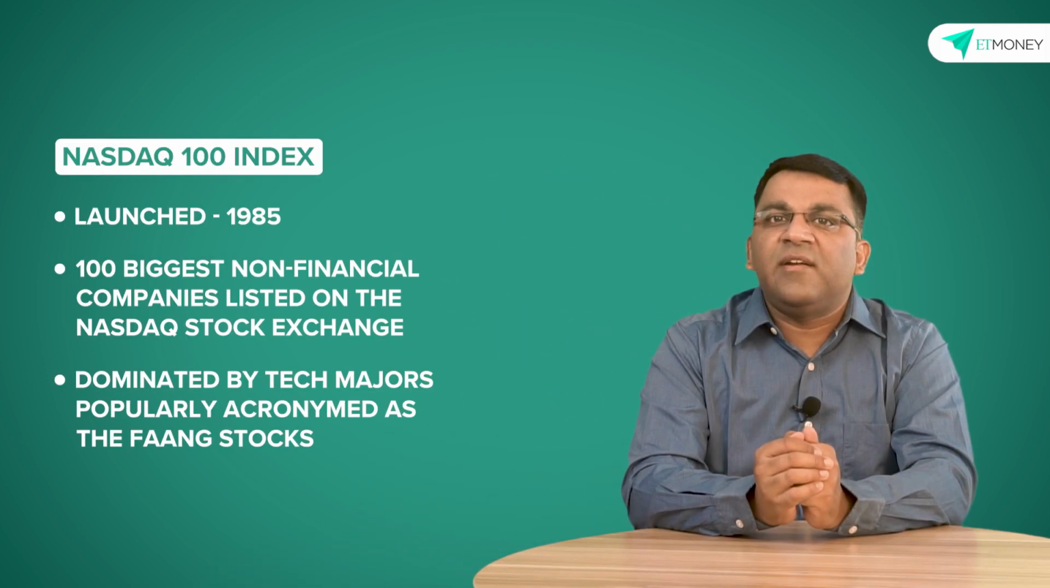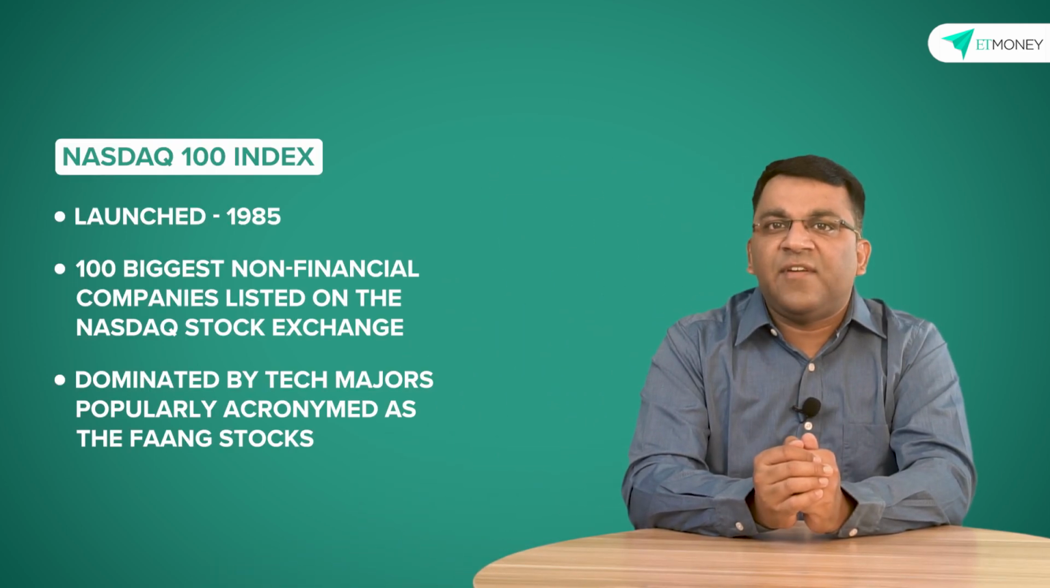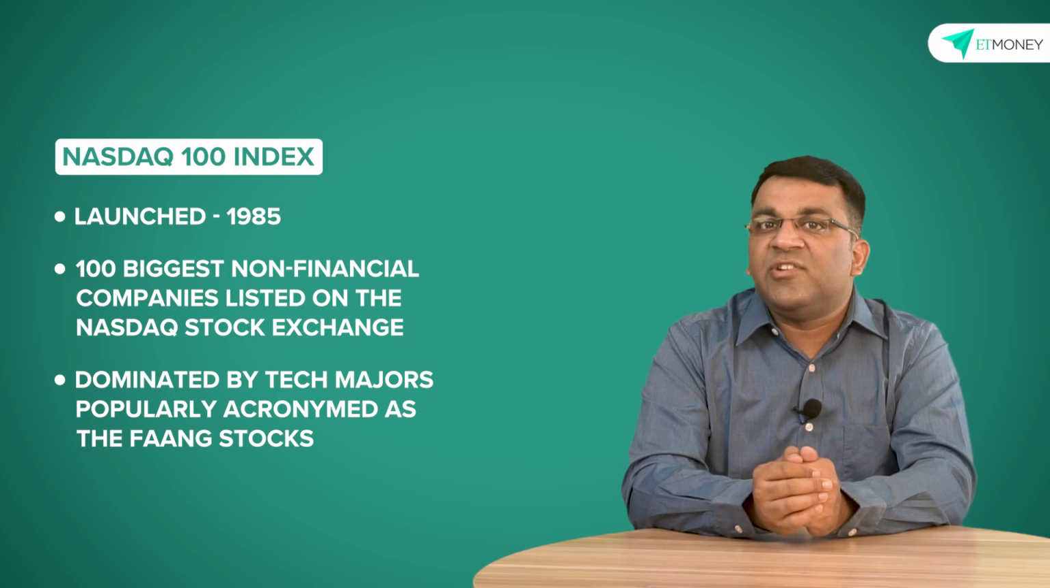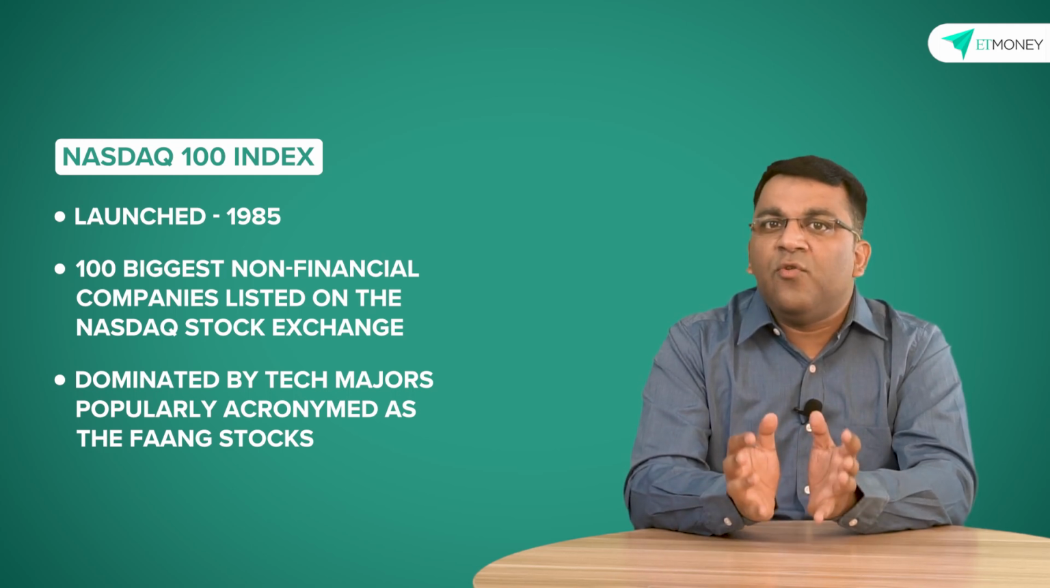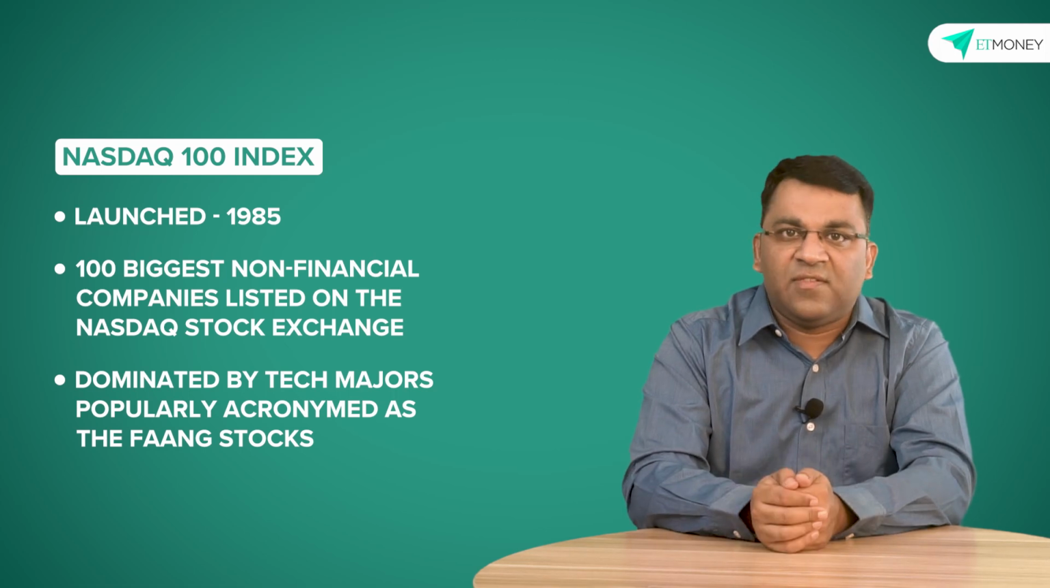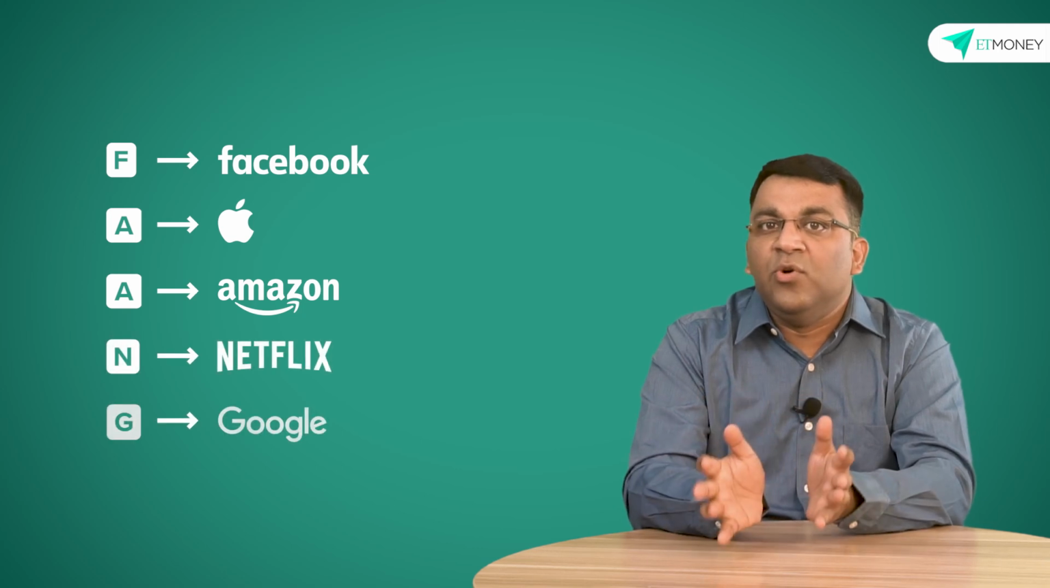The Nasdaq 100 index was launched in 1985 and represents the 100 biggest non-financial companies listed on the Nasdaq Stock Exchange. By excluding financials, the Nasdaq 100 is dominated by tech majors, which often go with a popular acronym called the FAANG Stocks. FAANG: Facebook, Apple, Amazon, Netflix, and Google. Now, with Facebook changing to Meta, I'm not really sure what's going to happen to the FAANG, but if you add other trillion-dollar companies like Microsoft and Tesla to the mix, then there are quite a few naming combinations which